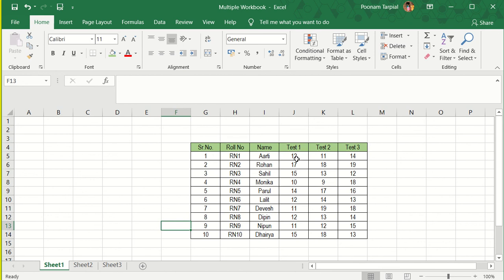Okay, now I am going to perform another function. As of now, I have trained you on how you can change the color, or you can change the font style. But this particular function, which is called grouping, can also work on formulas as well. Let me just tell you how exactly this happens.